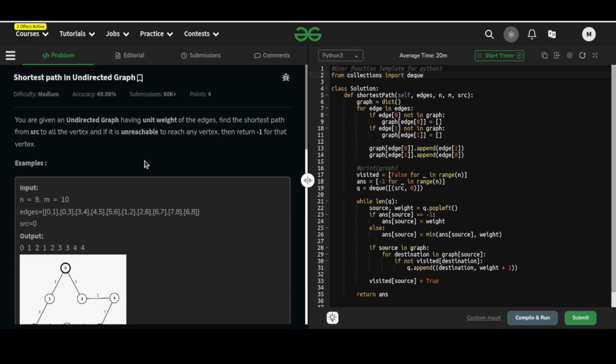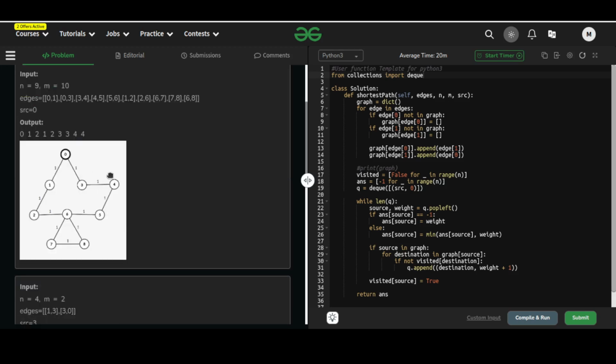Find the shortest path from source to all the vertex, and if it is unreachable to reach any vertex, then return -1 for that vertex. So for instance, if this is the graph which is given to us and the source is 0, then we need to compute the shortest distance between 0 to all other nodes,